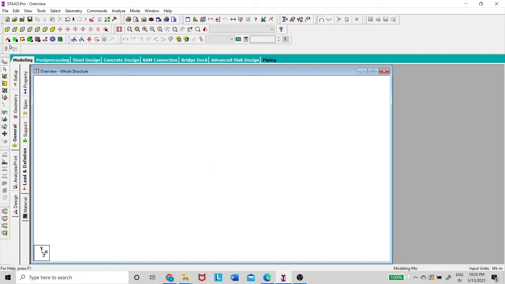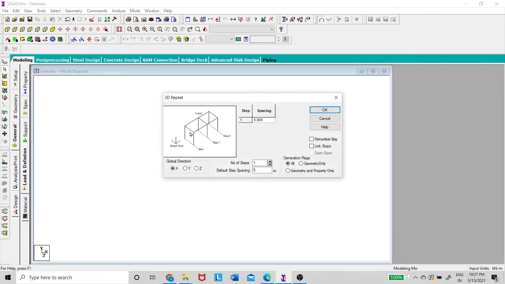Okay, now coming to this one, here you can add some beams, plates, surfaces, and solids for the structure, so you can have all these parameters here. And here there is some repetition, translation repeat. If you have a particular frame and you want to repeat the same frame a number of times, you can use this 3D repeat.